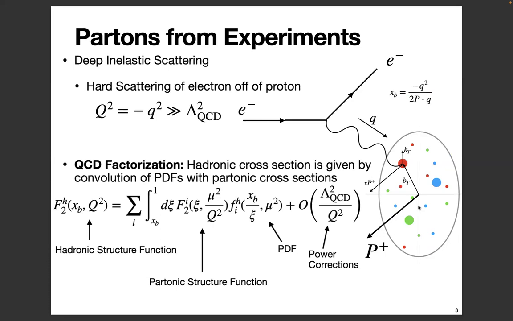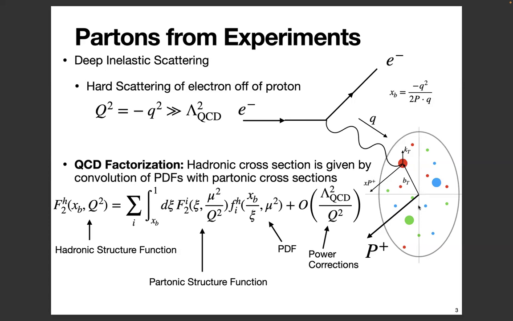So what factorization is really describing, this whole hadronic interaction, the electron interacting with the proton as a whole, is in a way which is sort of very intuitive in quantum mechanics. When we're doing a quantum mechanical process, you say, from my initial point to my endpoint, I want to take all possible ways I could have gotten there. If there are multiple things for me to interact with, I want to interact with all of them with their appropriate weights. And so that's what the sum and integral are doing, is saying our total hadron is made up